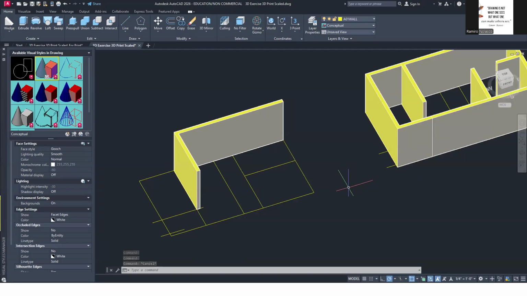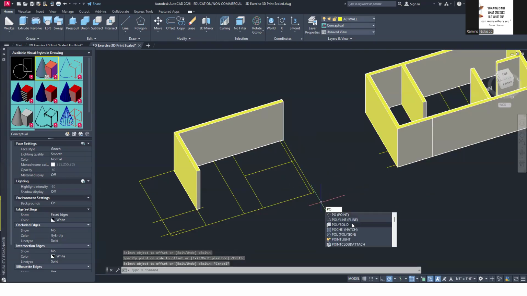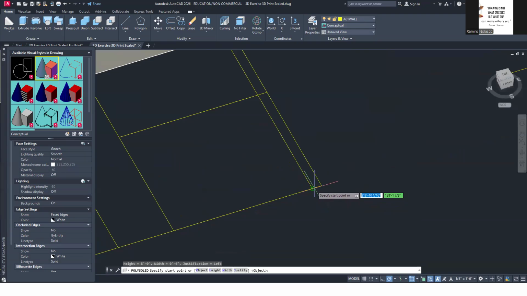So again, polysolid from here. Now it's going the other way. So either I create a line, offset this by 6 inches, offset this by 6, so I can start my polysolid right here.